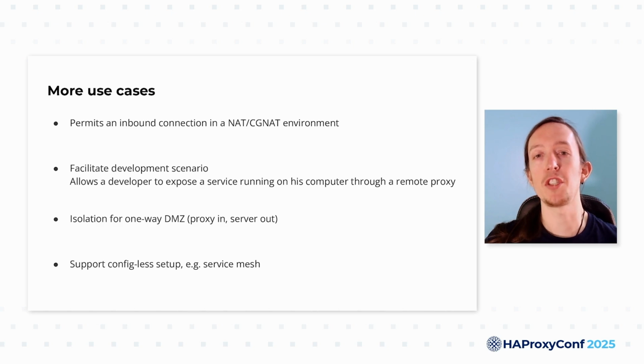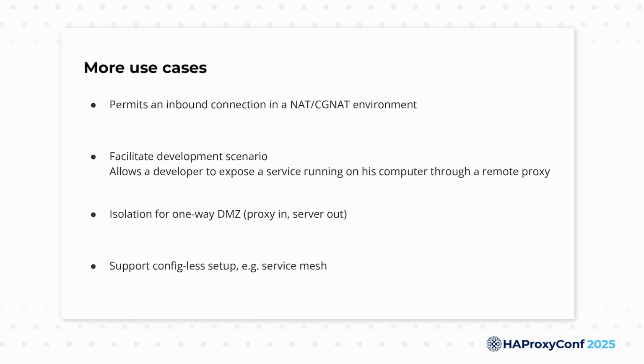In fact, reverse HTTP has a lot of different fields of application. I've already talked about the NAT scenario. It is even more useful if your router implements CGNAT, because in this case, you do not have full control over which ports can be forwarded. So in this case, reverse HTTP may be the only solution to host a service at home. The situation is similar also if you do not have a static IP address for your router. Reverse HTTP can solve this by using a central HAProxy gateway.